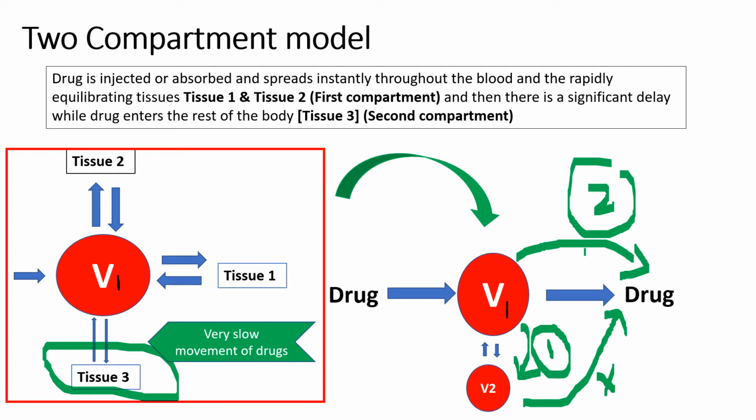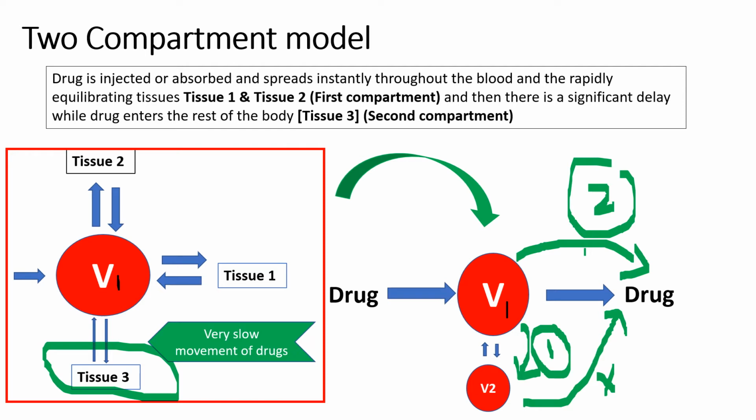In that case, the pharmacokinetic parameters of distribution in tissue 3 are different from tissue 1 and tissue 2. That's why it is considered the second compartment. For example, if the movement of drugs towards certain types of tissues, for example, fat as well as bone, is quite low, the PK parameters will be the same, and that's why we have to think that okay, we